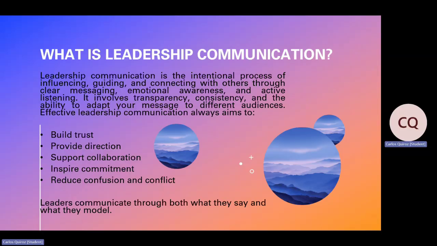Effective leadership communication always aims to build trust, provide direction, support collaboration, inspire commitment, and reduce confusion and conflict. Leaders communicate through both what they say and what they model for us.